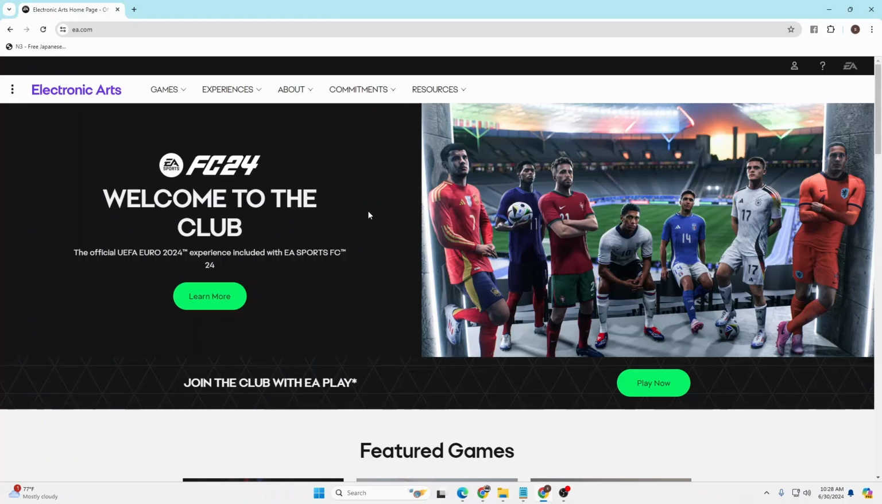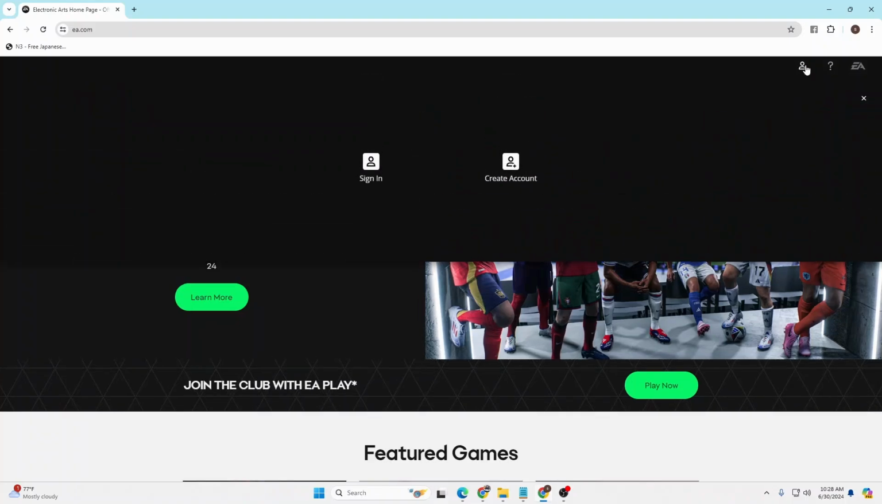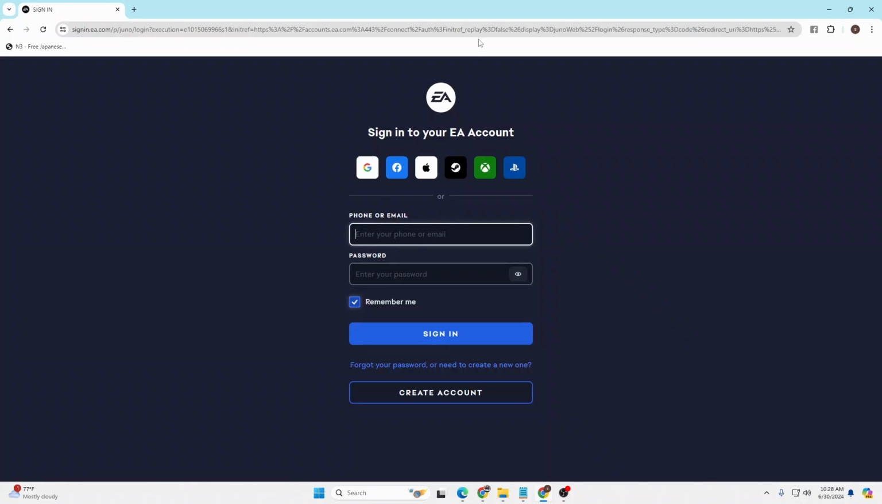Now in order to sign into your EA account from over here, at the top right corner of the screen, you can see over here where my mouse is hovering, there is a person icon. Click on that person icon where it says profile, and this kind of panel will appear where you can see the sign in button over here. Click on that sign in button, and then you'll be directed to the login page of EA like this,